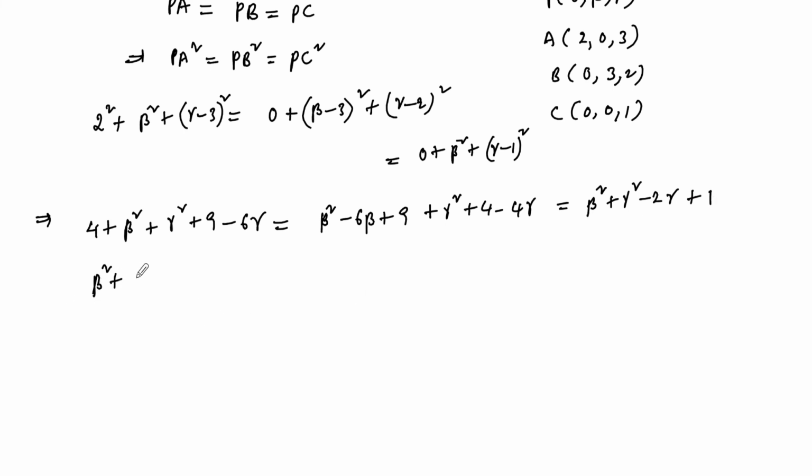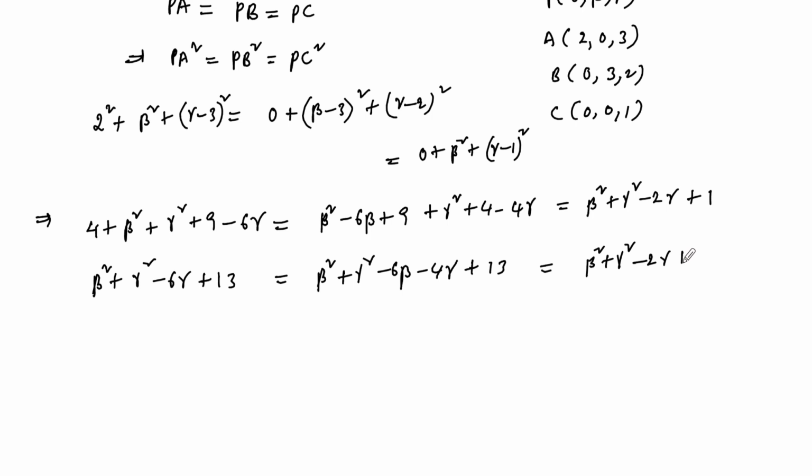That is, beta square plus gamma square minus 6 times gamma plus 13 is equal to beta square plus gamma square minus 6 beta minus 4 gamma plus 13, and here beta square plus gamma square minus 2 gamma plus 1. Now let us consider